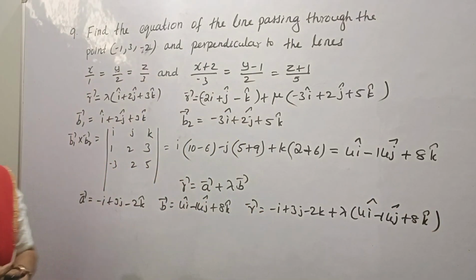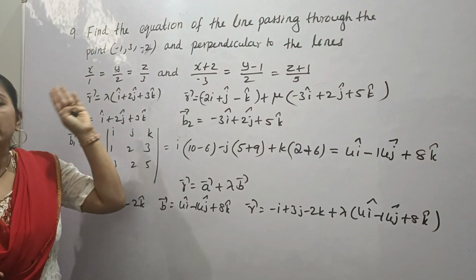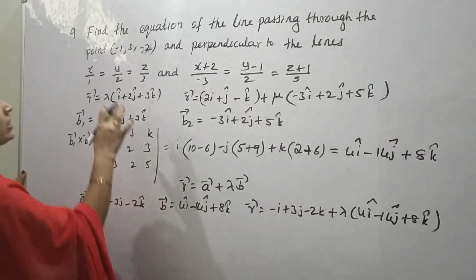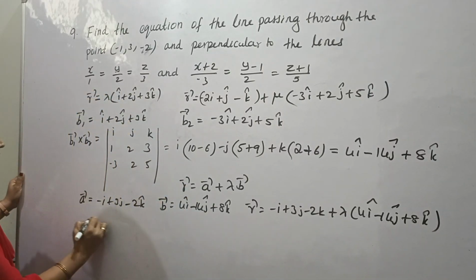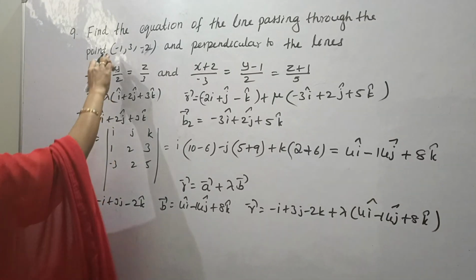Okay. It is a vector equation. Since these given equations of lines are in Cartesian form, it is better to write in Cartesian form. So let's write the required equation of the line as x minus 1,